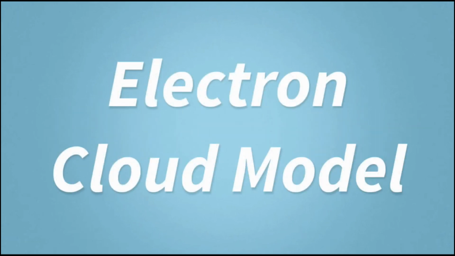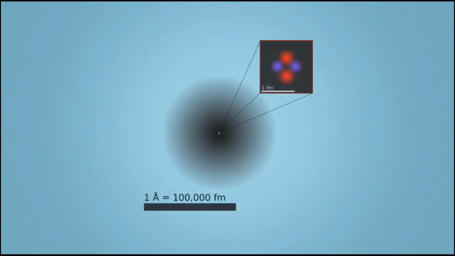Other scientists came along and changed and modified Rutherford's model. For example, Niels Bohr believed that electrons could reside in fixed energy levels. Today in chemistry, the accepted model of the atom is called the electron cloud model. This model also believes that there are protons and neutrons inside the nucleus, but that negatively charged particles or electrons are more likely to be near the middle of the atom. This is called the electron cloud.